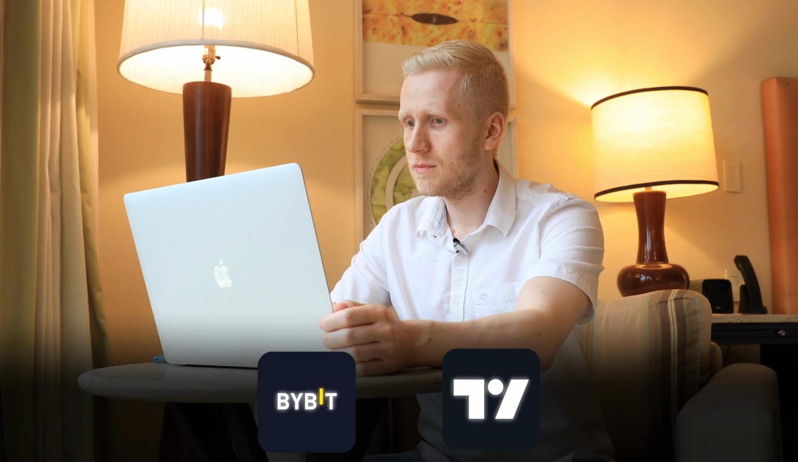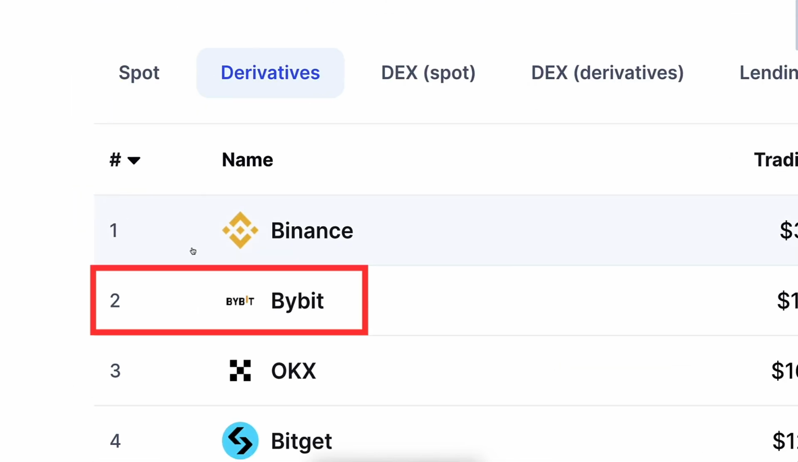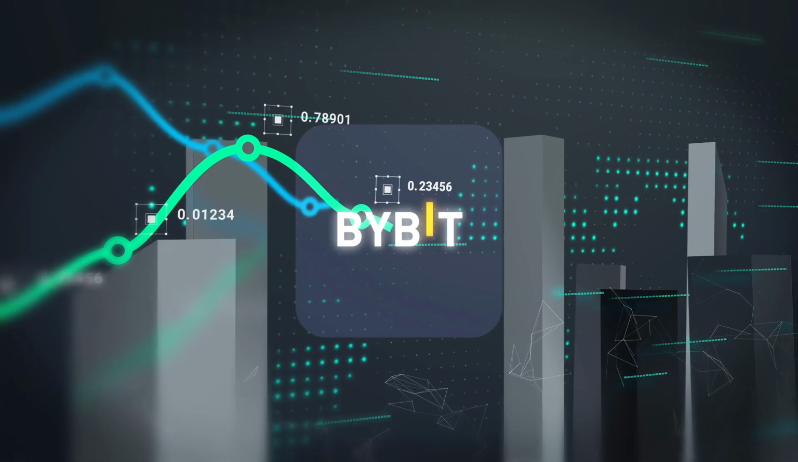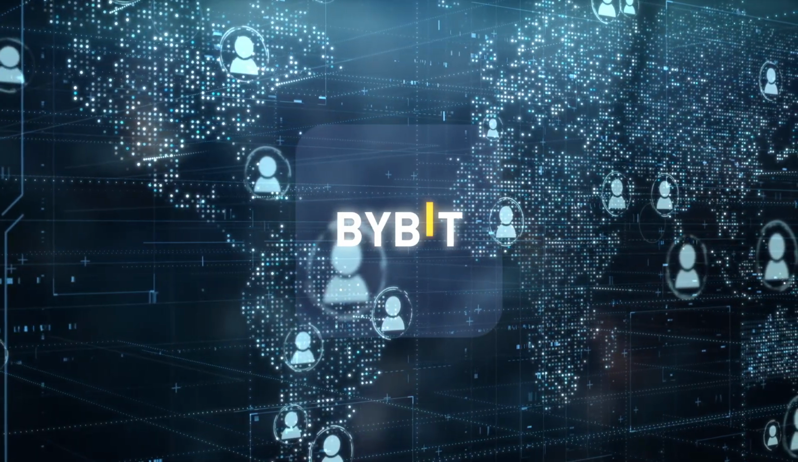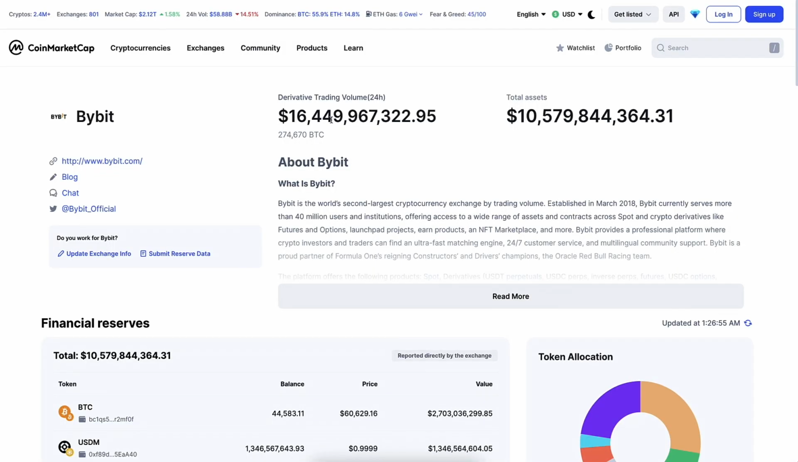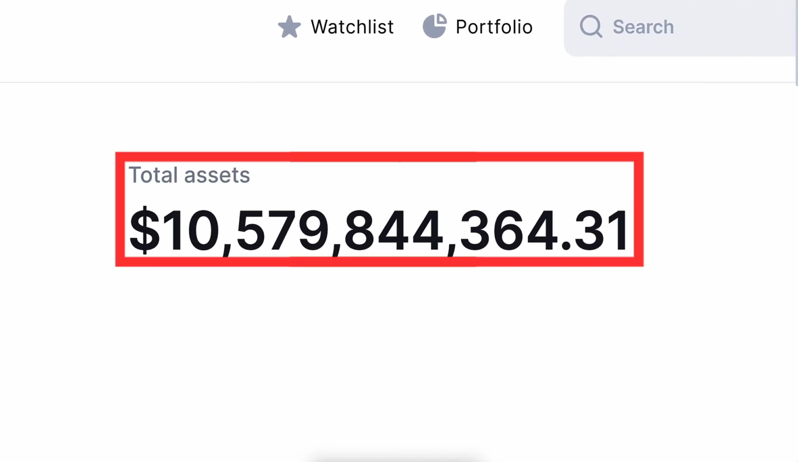First, you probably want to get a little bit of background about Bybit and TradingView. Bybit is one of the top crypto exchanges in the universe, as you can see right here, by multiple different metrics. They have tens of millions of users worldwide. You can see that the daily trading volume is measured in billions of dollars, and they have over $10 billion